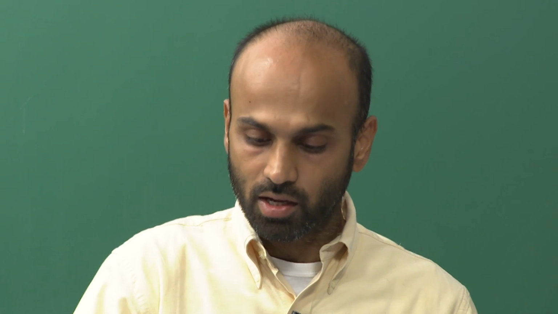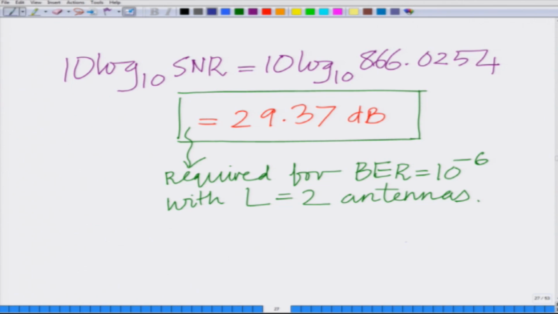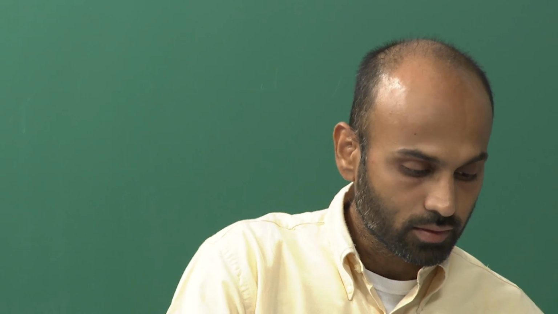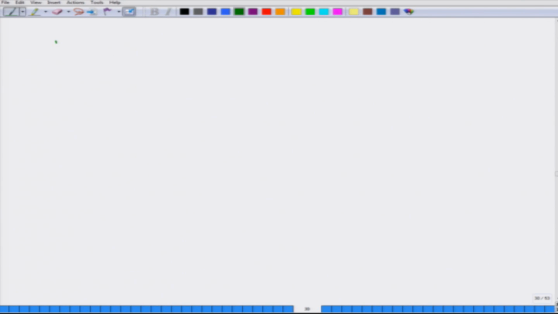And now when we go back, what we are seeing in this wireless communication system with L equal to 2 antennas is that the SNR in dB that is required has again come down slightly, to 30 dB. So for L equal to 2 antennas,